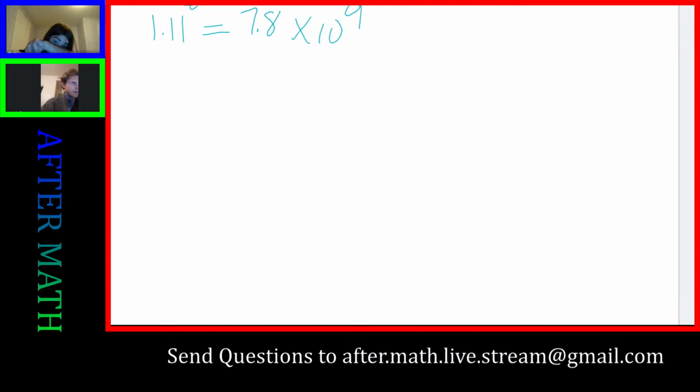So for anyone that doesn't know, I just wrote out 7.8 billion in scientific notation. All that means is that you go and add 9 zeros to the end of that. Right. So it would be